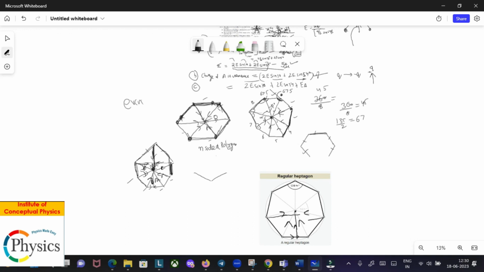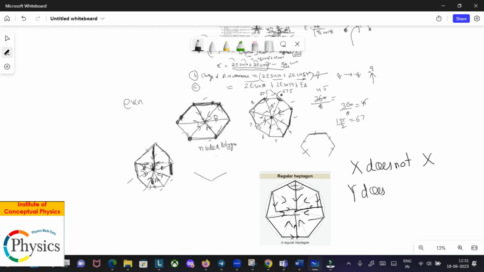If you notice this one, and I take the components in x and y, for example this component, and I take one more, the x components are cancelling, and then there is a y component, and of course this one is straightforward downward. So you can see that in a regular heptagon also, the resultant in x does not exist. Very similar to what we did in the case of the pentagon, right? So if you have an odd-sided figure, x does not exist but y does exist. Obviously the magnitude is going to be different because the angles we're dealing with are different.